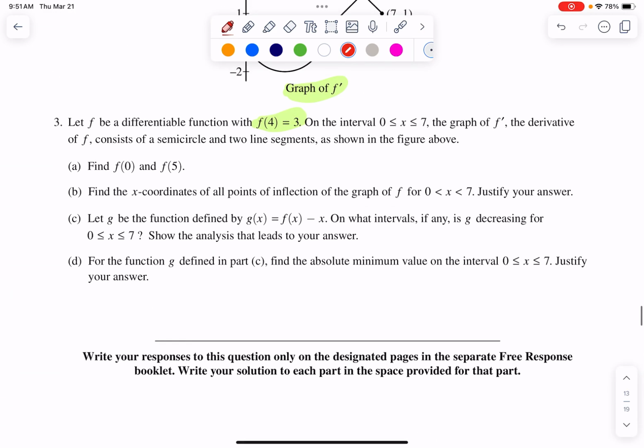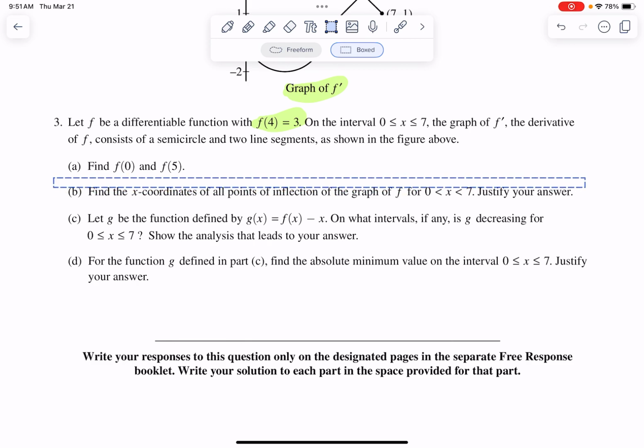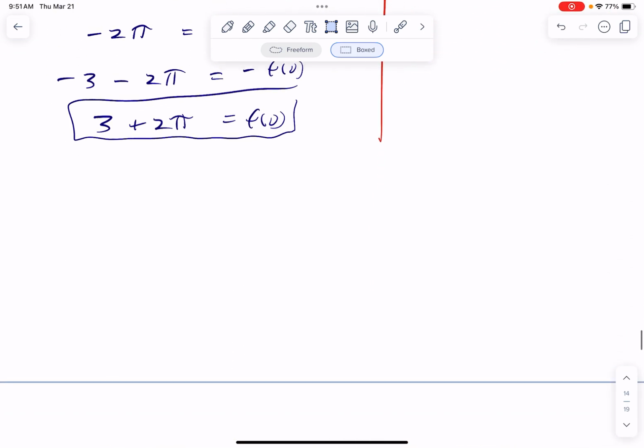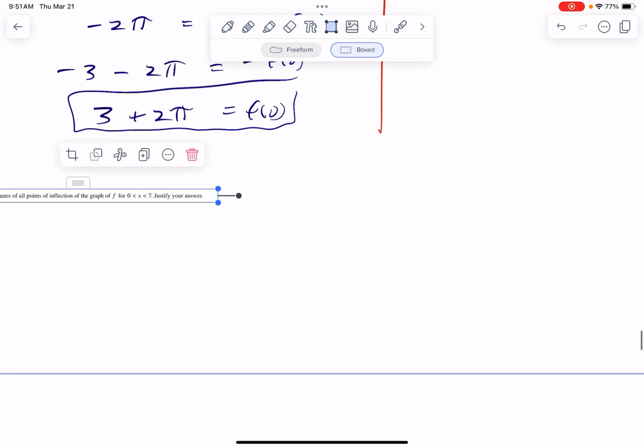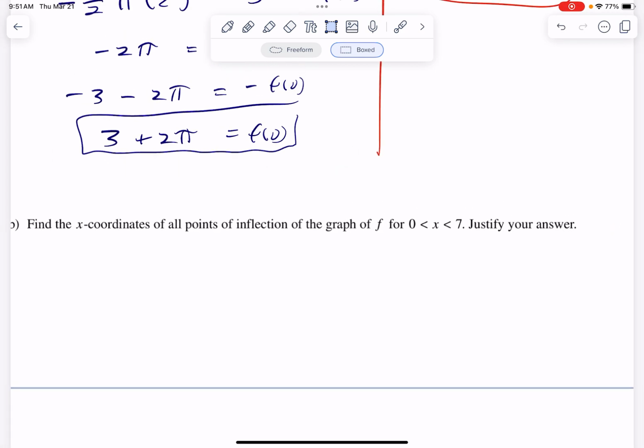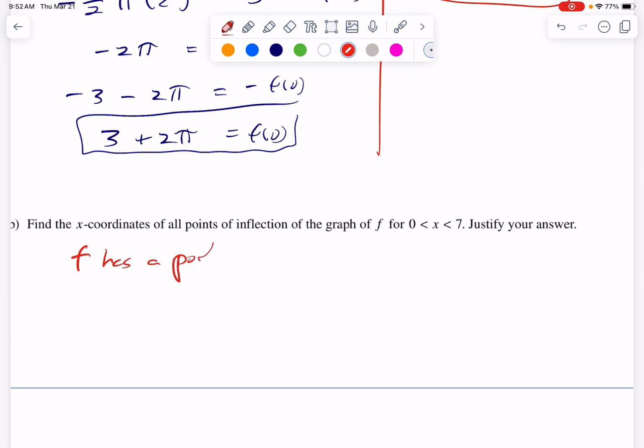Okay, part B. Find the x-coordinates of all points of inflection for f. So we have f prime. I'm going to write what I know first. Let me make this bigger. Let's just repaste it. Okay, find the x-coordinates of all points of inflection for the graph of f. So, let's write what we know. F has a point of inflection